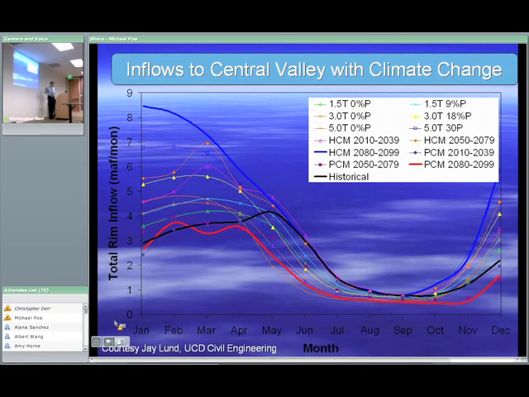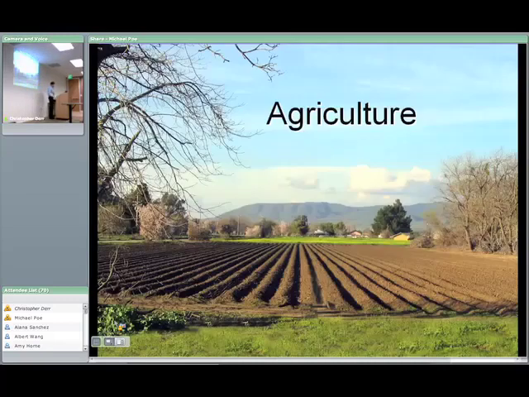What's interesting to me about this is that this conclusion is pretty robust. Qualitatively, it's robust. Quantitatively, there's a lot of uncertainty. But what this is saying is that even if we get, in some cases, significant increases in overall precipitation, we still have a water supply problem. And the reason is because of warming. The warming results in more precipitation coming in the form of rain, less snow on the ground, and the snow that is there melts sooner. And that's why you get enhanced flows in the winter when we really don't need them.